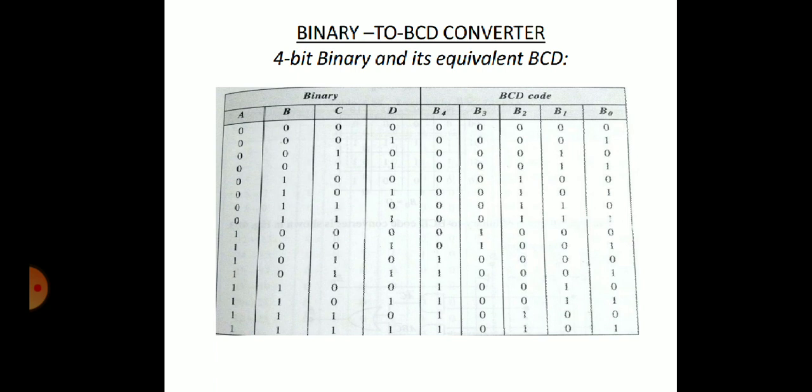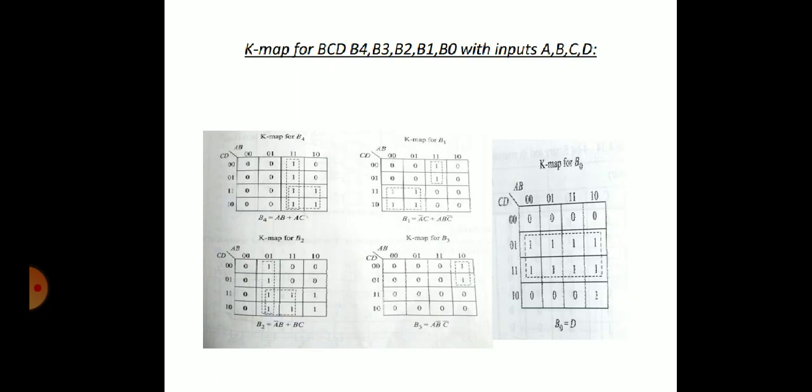So this is another part. Here we will discuss the 4-bit binary and its equivalent BCD. When you write down the truth table for binary numbers, as it is 4-bit, you must write 0 to 15, and the highest 4-bit number is 15. To represent it as a BCD code, it requires a minimum of 5 bits. So it will be B4, B3, B2, B1 and B0, and then you will write the BCD code. So the next step is K-map.